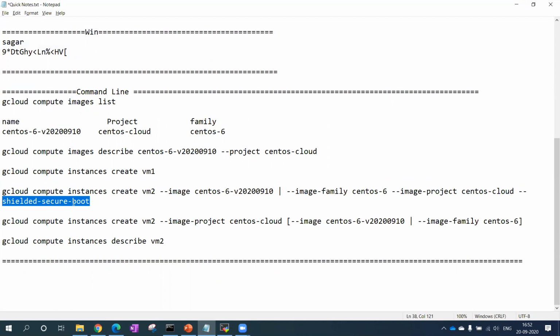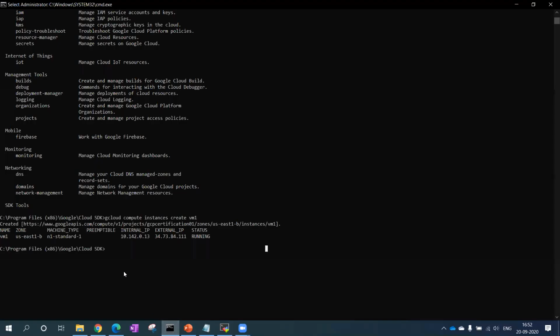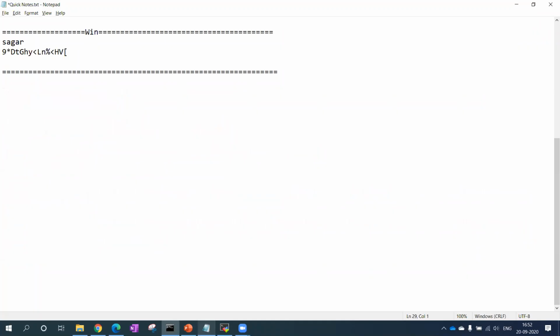But from where can you get this data: image name, image family, and image project? I have to run this command. Now I'm in the US East 1-B zone, so whatever images are available there, it will show me by running this command.